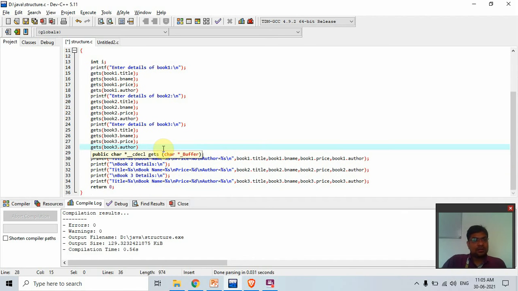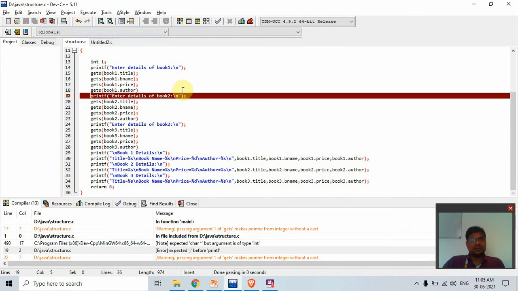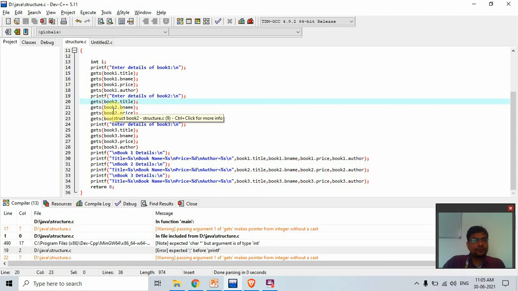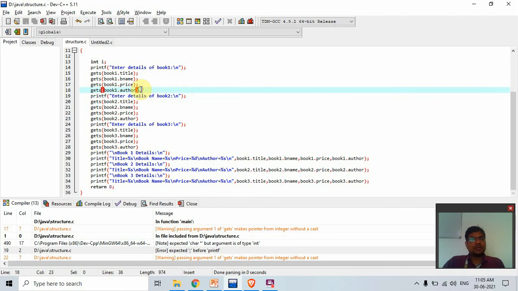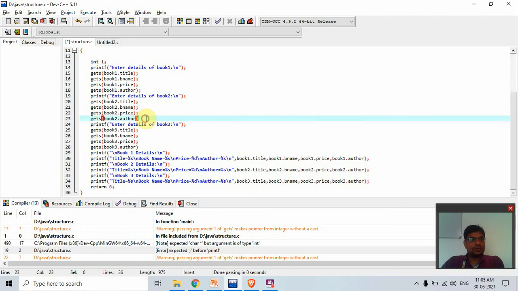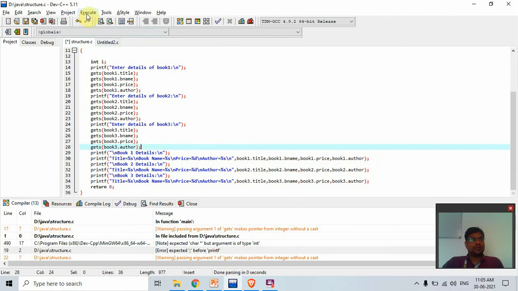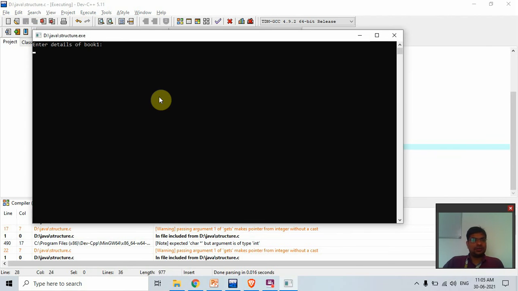Okay, now all items are read. After that we print those items directly. Now I execute this. If there is any error, okay, semicolon mistake. Now again compile and execute. Now I enter a space directly into an item.